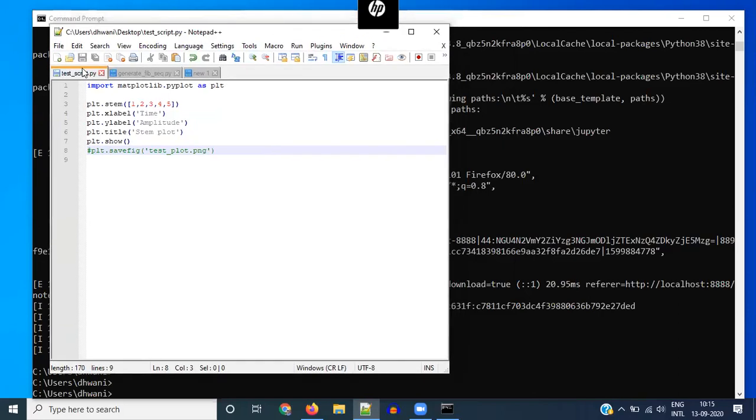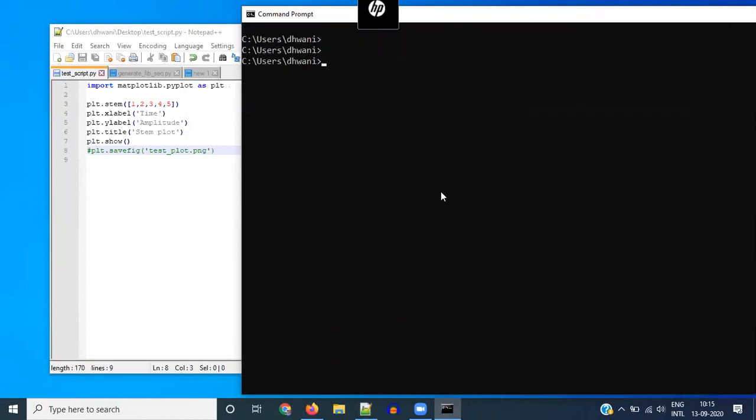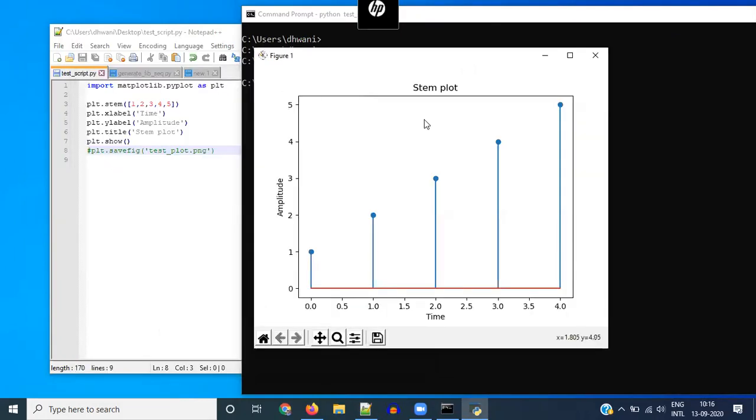So this is saved in desktop. So in our command prompt, we have to change to the desktop and then run the script test script.py. And yes, so that will bring up the plot in a new window. You can also save the plot from here.